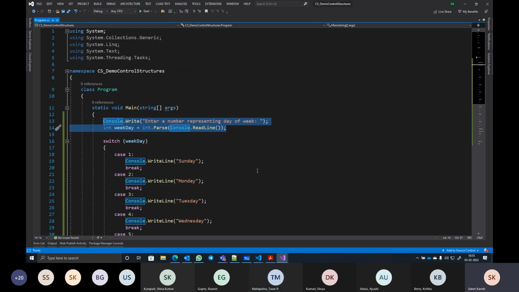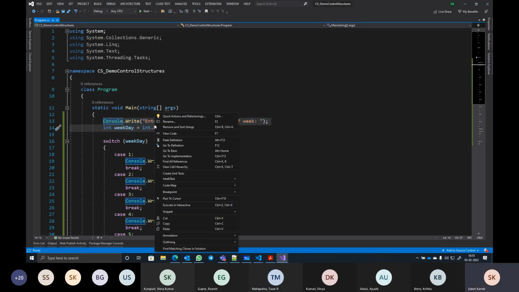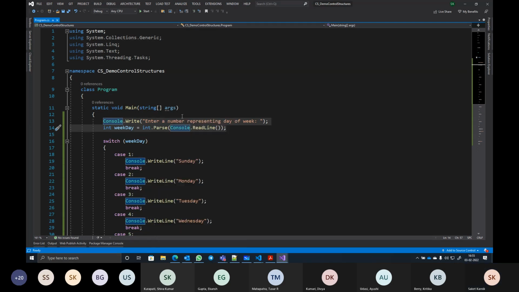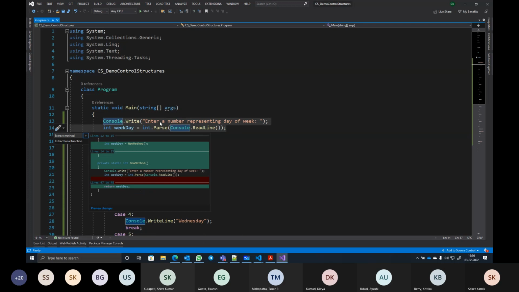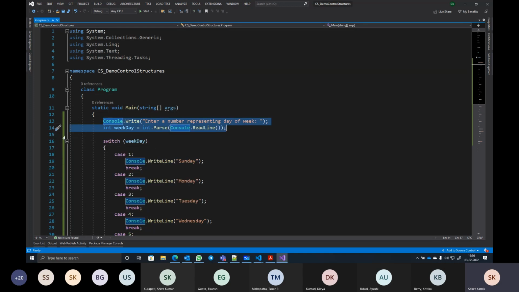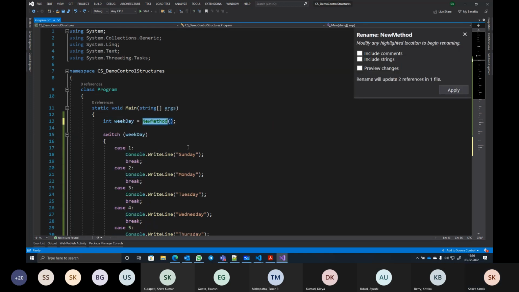Select the 2 lines over here, right click, and then here we have an option called Quick Actions and Refactoring. Select that. Once you select that, a pop-up menu comes in showing 2 options, extract method and extract local function. I'll select extract method over here. Automatically the code moves to a